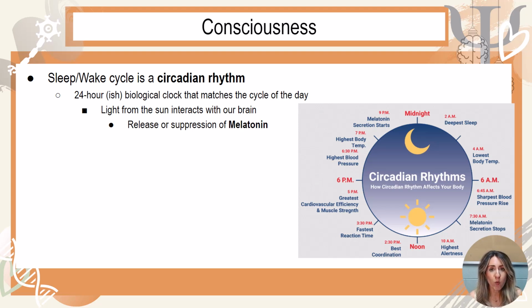So the way the circadian rhythm works is that it gets information from the outside environment due to the sun. Light or artificial light activates different sensors in our eyes, which then interact with something called the pineal gland in the brain, and this either releases melatonin and makes us sleepy, or suppresses melatonin and helps us feel more awake.